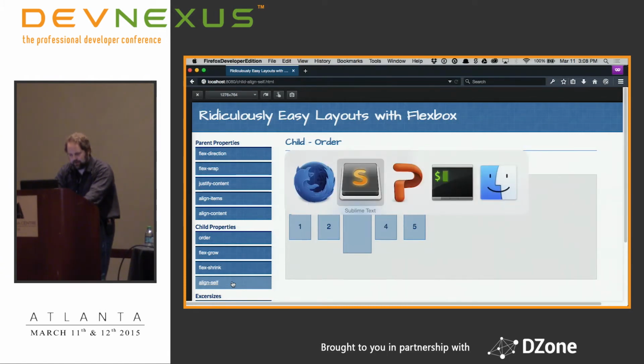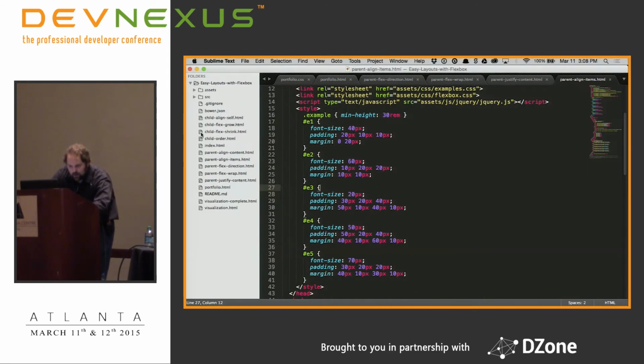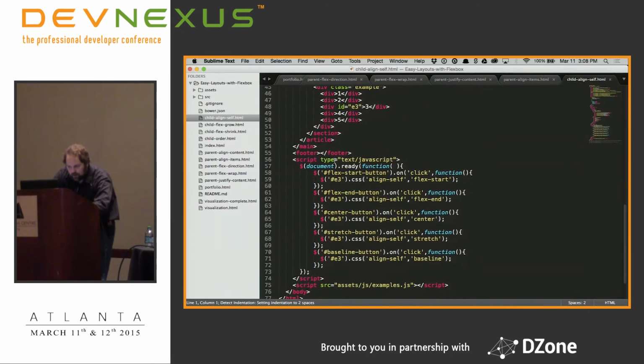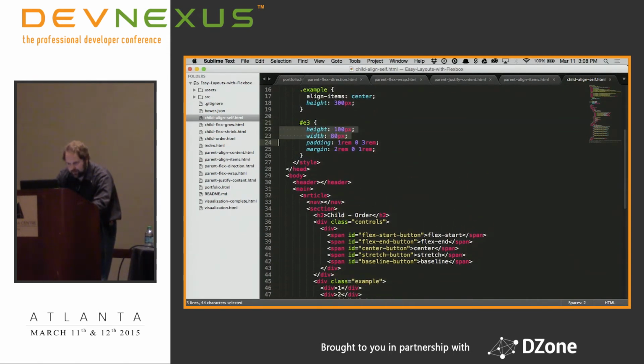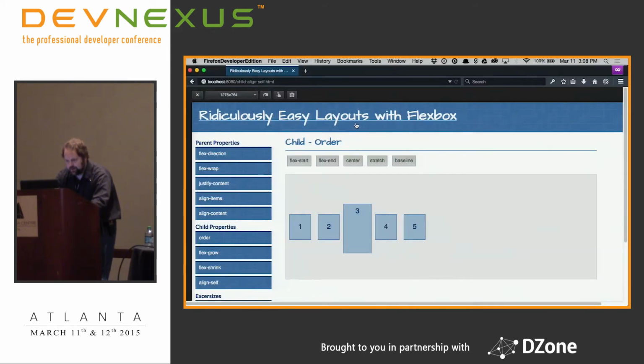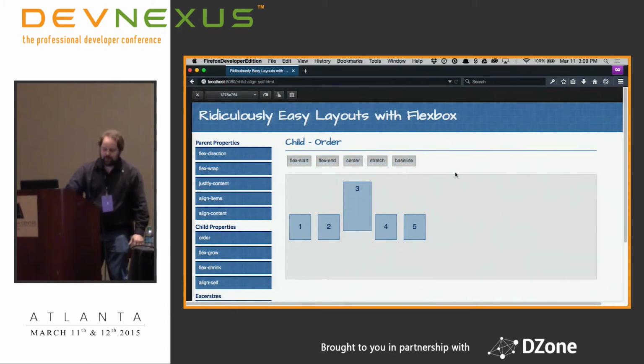let me check and see. Okay, so all of these, I got 1, 2, 3, 4, 5, and then I've got E3 up here, which, once again, I just gave it some height, some padding, and some margins. Baseline doesn't really do well on this one, but this is pretty much, I've indicated center for my alignment on the main axis for these 5 items. Now what I can do is I can just take this and do an override on it. Now baseline doesn't really work, and I'm not sure why. What I would expect to happen is that this 3 would come down here, and maybe it's, I don't think the margins are messing it up, but